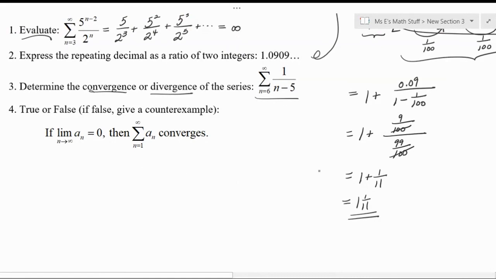Okay. Problem 4, true or false? If false, give a counterexample. So the statement says, if your terms go to 0, that would mean the sum of those terms definitely converges. And so I'm hoping that you said false to this. This is a common trap that calc students can fall into, is thinking this. But a counterexample,